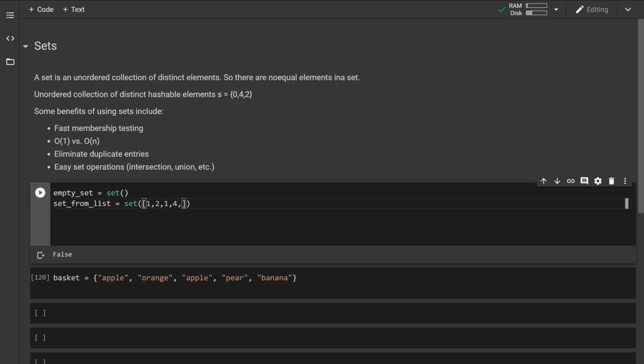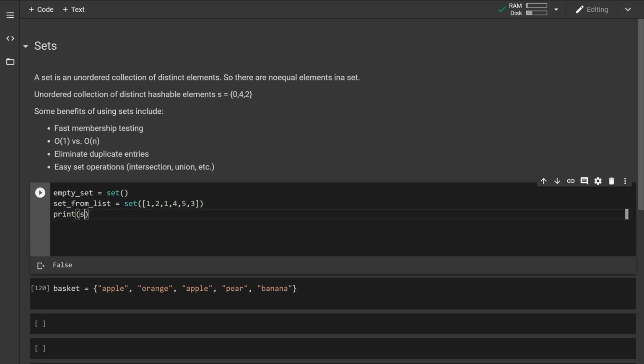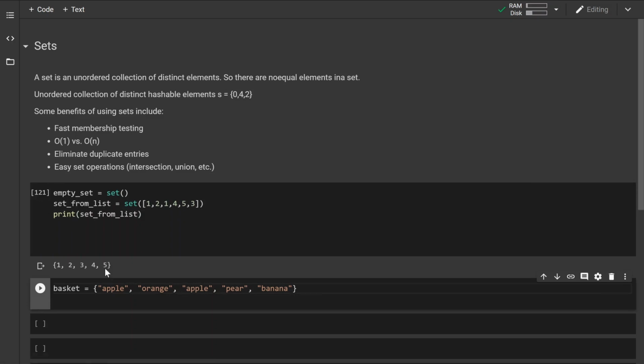As we talked about, since a set is an unordered collection without repetition, if we print out this set that we just created, you see that all the elements that were repeated are gone. Here we had 1 and 1, now we just have 1. Okay,